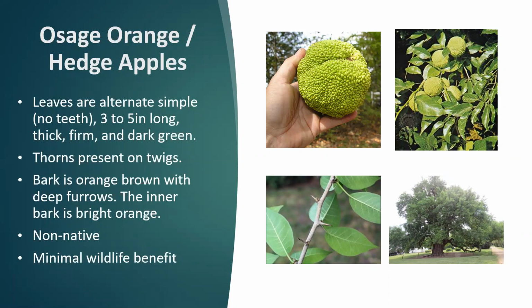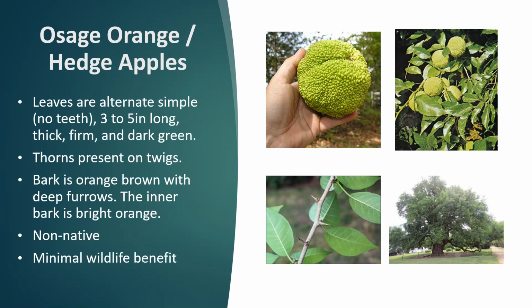There are thorns on this tree. Now the dead giveaway for these trees is that big fruit. That fruit tends to stay around on the ground for it seems like forever. There's one near our office, and every other day you just see 10 new fruits just sitting on the side of the road. So it's just one of those things that you're going to see the fruits left. The bark is very